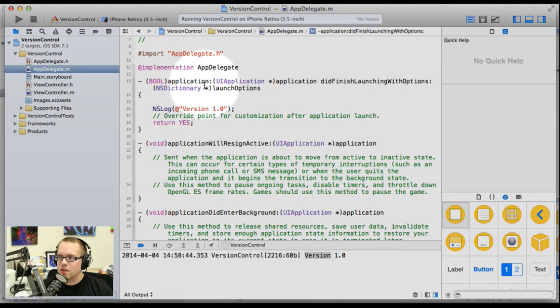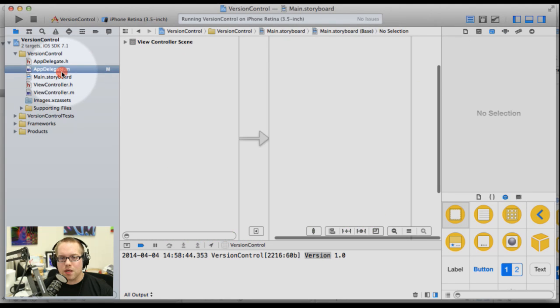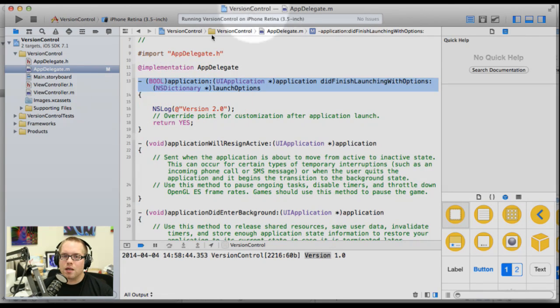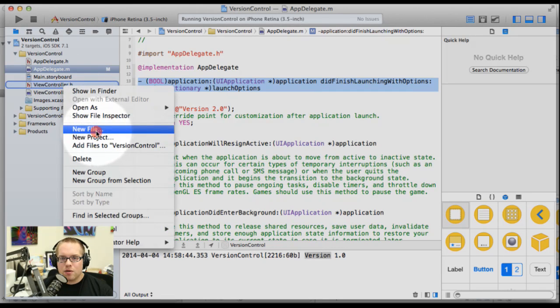I think my computer's just running slow because I'm live streaming. So now if I were to change this to version 2, I would save it. You would see an M appear here. I might have to click on something else. Now the M is here. So M means modified. C means conflict. So that's when you have an issue, especially if you work with multiple people. And A is added. And then question mark, it's not in the thing yet, and you might have to add it. So if I added a new file,